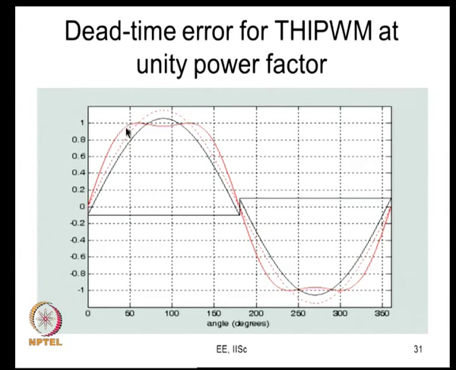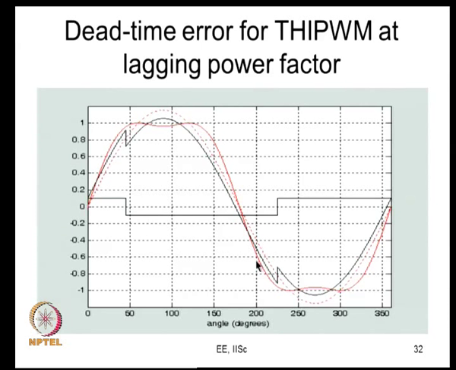But it matters if the duty ratio is 1. If the duty ratio is 1, then the phase does not switch at all and there will be no error voltage. Again, if the duty ratio is 0, there will be no error voltage at all because the phase will not switch at all. But for any duty ratio between 0 and 1, not inclusive of 0 and 1, the error voltage does not depend upon anything. It depends only on the direction of current. So, the polarity depends on the direction of current and its amplitude depends upon VDC, TD and TS, as I mentioned before. So, this is for third harmonic injection PWM.